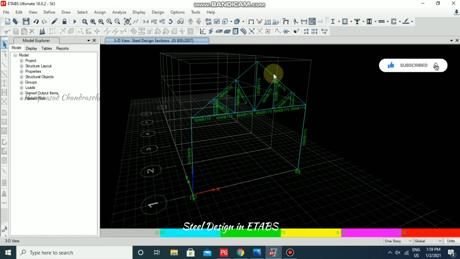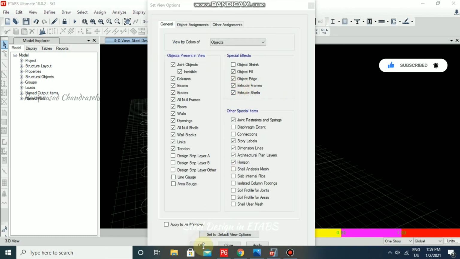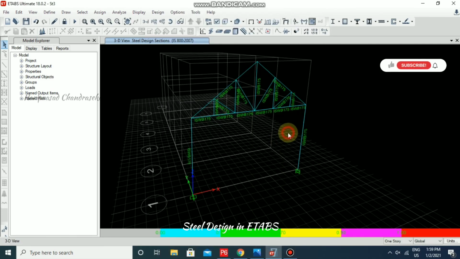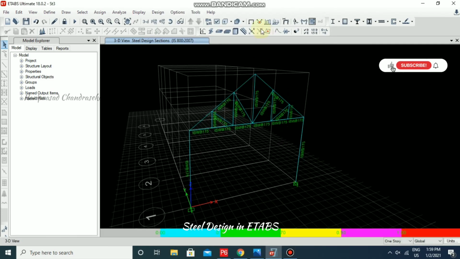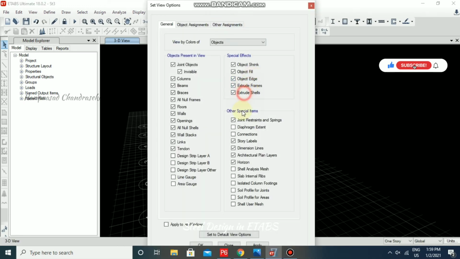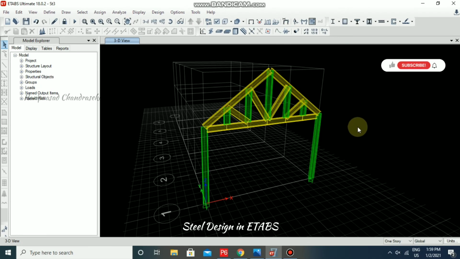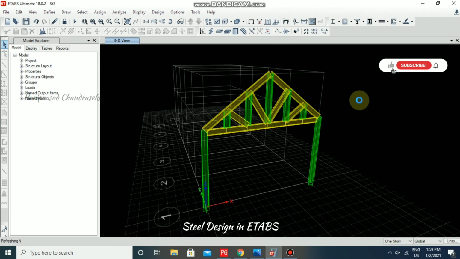So now I'm just going to show you in a 3D view. I'm just going to click OK. If it is not coming, you can just go for undeformed shape. Now you can go for extrude and then click OK. So here there is something called object string toggle. You should not select that. Now this is our truss member. Now you can just replicate everything and you can just complete this project.